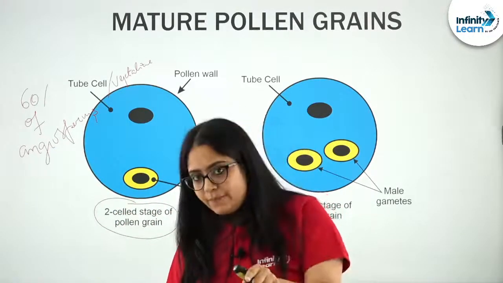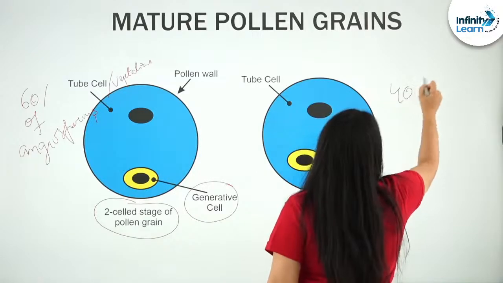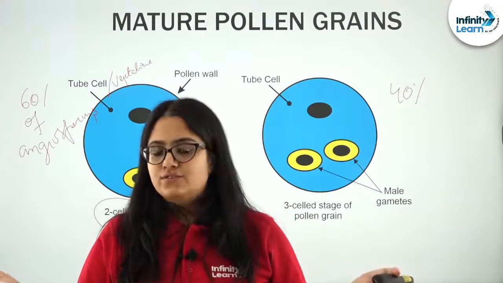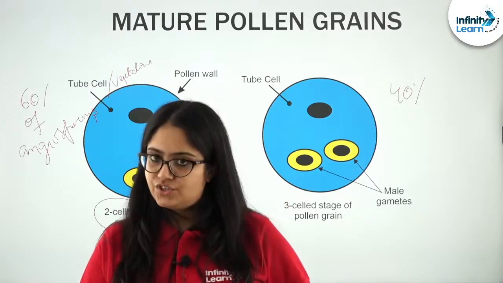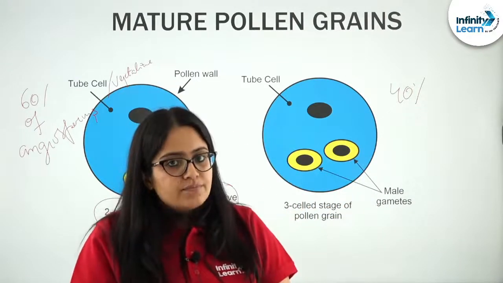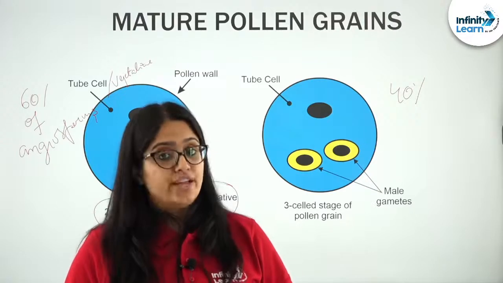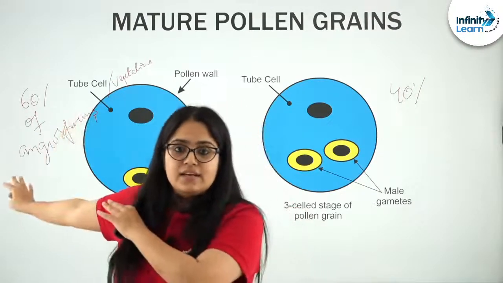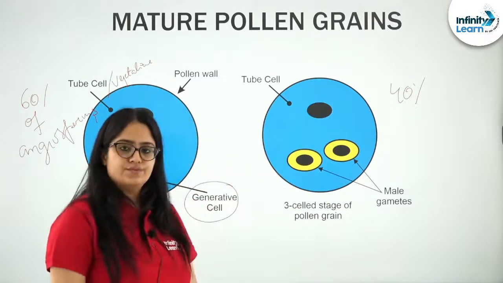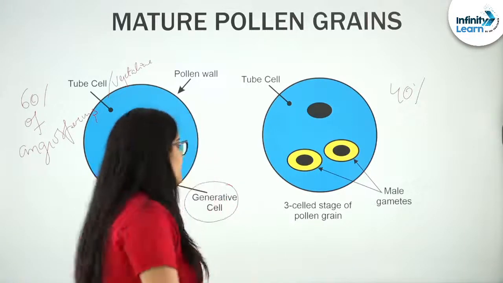But in the remaining 40% of the angiospermic plants, what will happen? Before the dehiscence of the anther, there will be one more additional change that will take place in this pollen grain, and after that change the pollen grain will come out of the anther, that means the anther will undergo dehiscence. So, what is that exact one change that separates this category from this one? Listen very carefully. In these 40% angiospermic plants, before the dehiscence of the anther, this generative cell